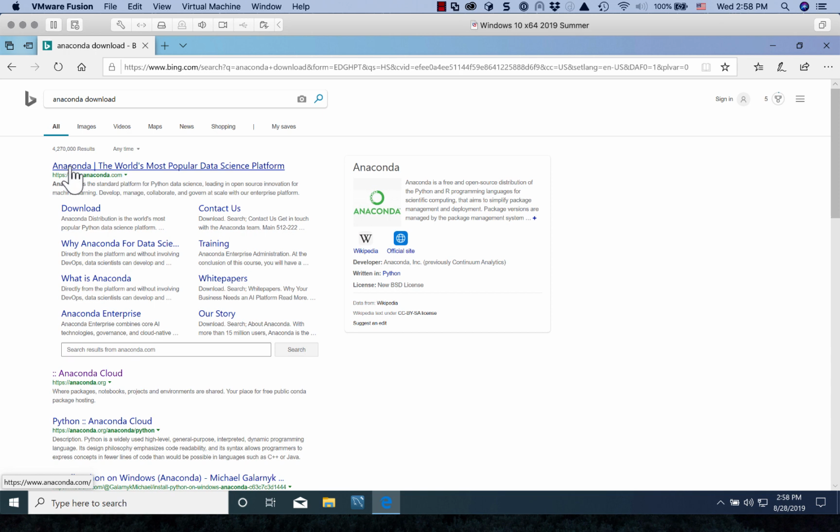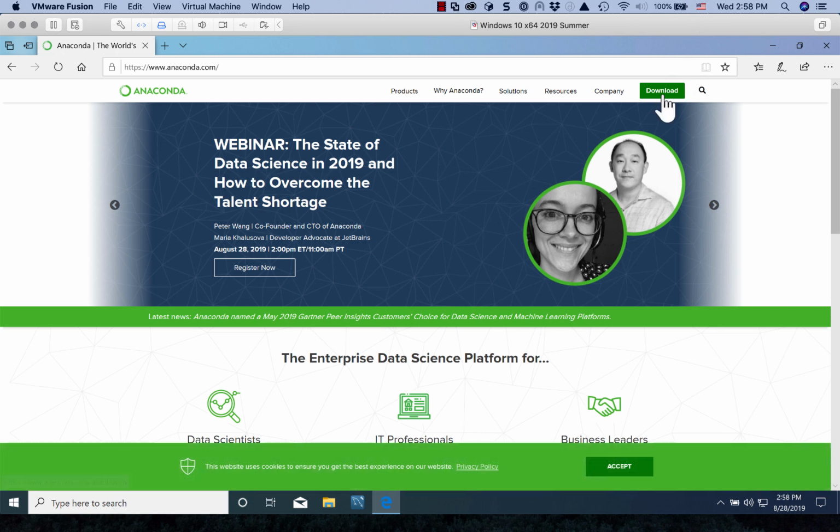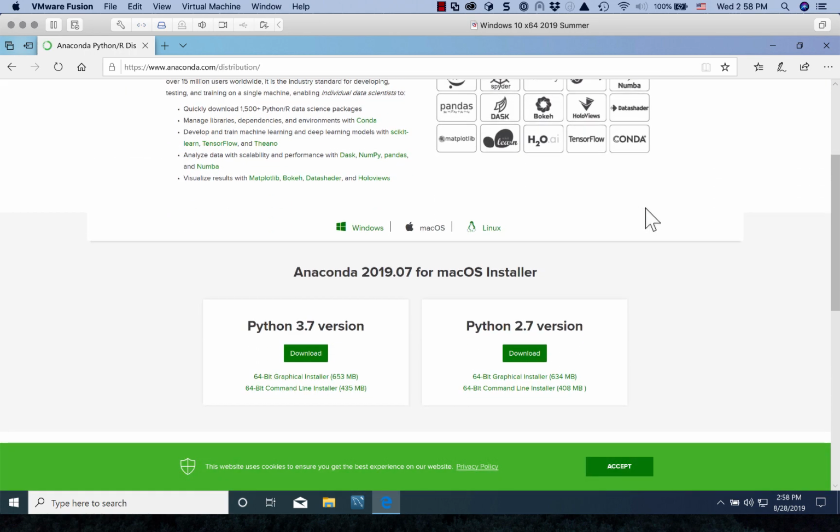Okay, and here's a link. Looks good. And there's a button up here on the menu for download. So I clicked on that. Something that's a little subtle here is that what we're looking at now is the Mac OS installer, because I'm running this on my Mac under a virtual machine, and somehow it's able to detect that it's on a Mac all the same. So I need to come up here and click on Windows,